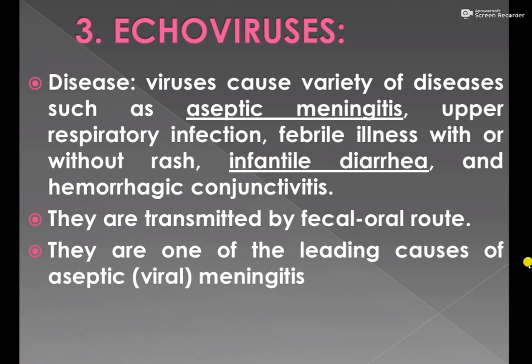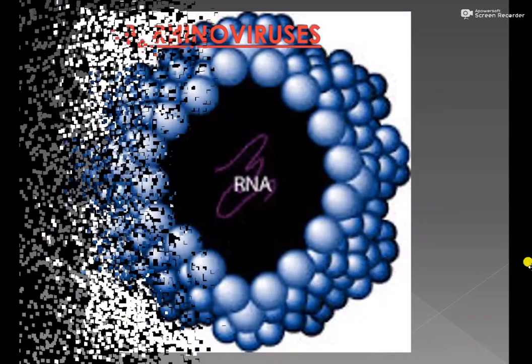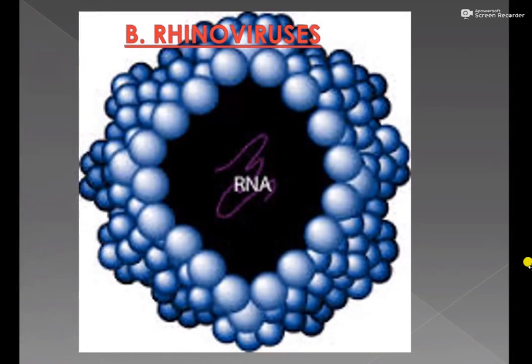This is the most important disease caused by ecoviruses. The receptor of ecovirus is the integrin adhesion superfamily, and it is the immunological receptor. Now, the second genera in the Picornaviruses. As we talked about before, poliovirus, Coxsackie viruses, and ecoviruses all are in the genera of enteroviruses